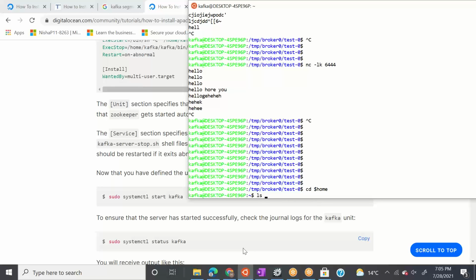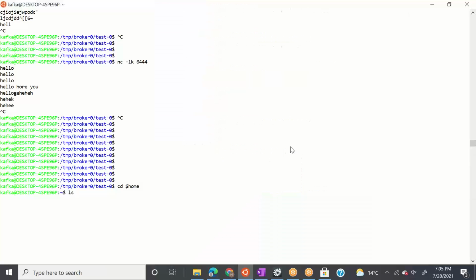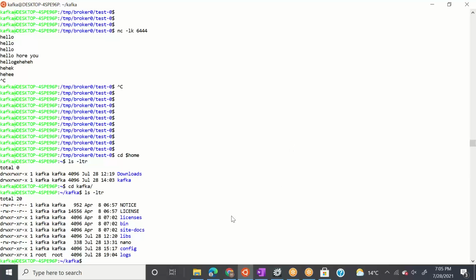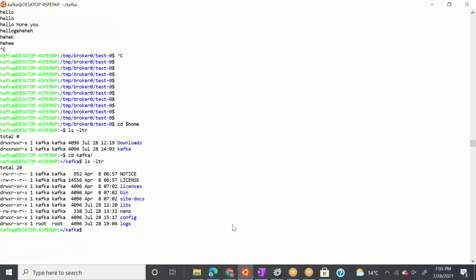So I came to home, and now, can you guys see the screen properly? I have installed Kafka, ls -ltr here, cd kafka. So I have installed Kafka inside this kafka directory. So this is where I have installed my Kafka.